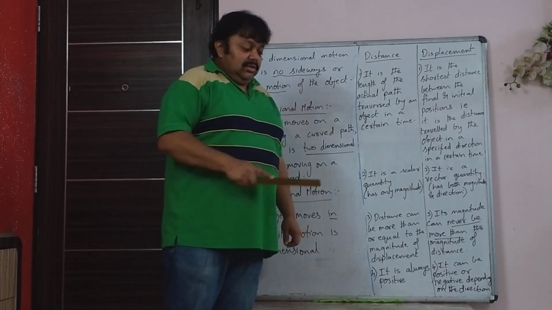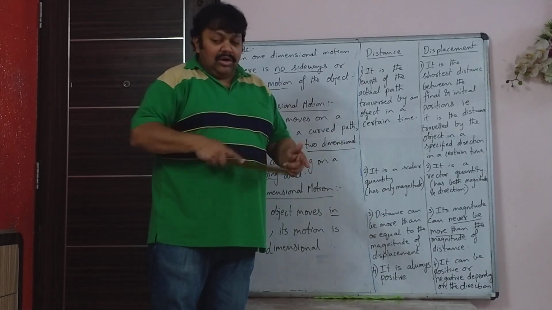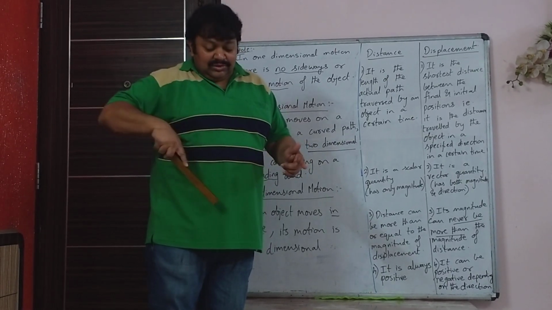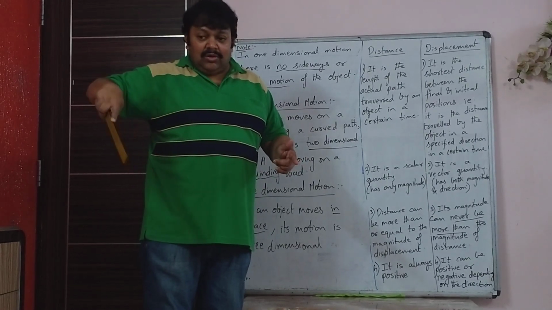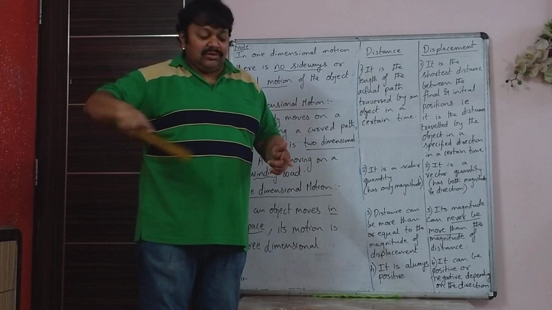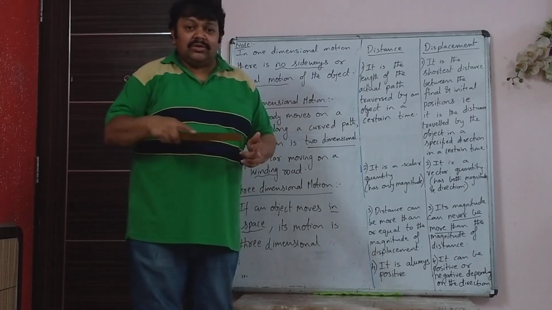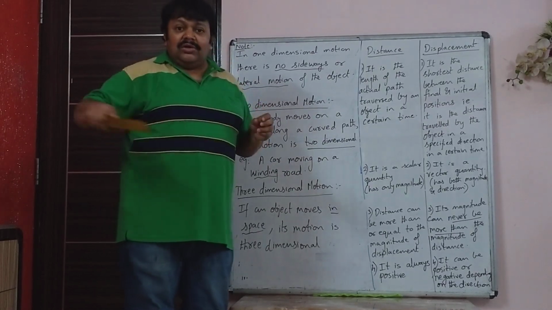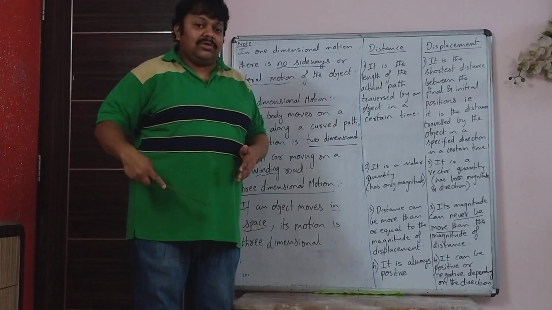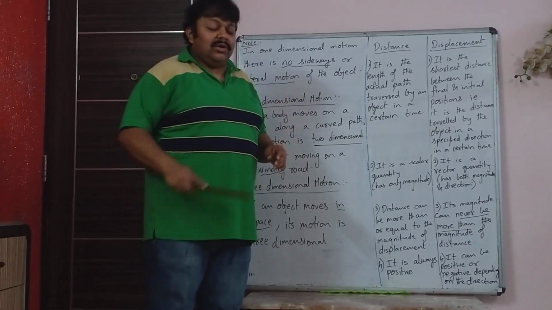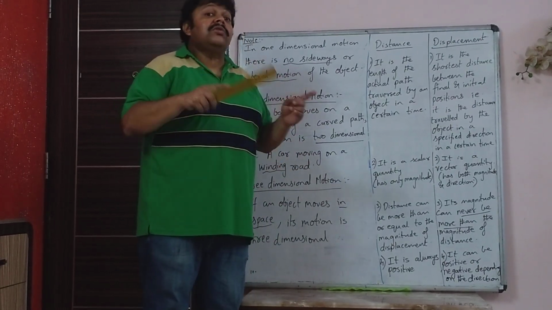But you have actually gone from A to B, from your house to your friend's house. The distance you went like this zigzag, that distance moved on the road was 5 kilometers, so that is distance. But the shortest distance between A and B may only be 3 kilometers. The road was not a straight road, it was going zigzag, so you actually went 5 kilometers. So distance covered is 5 kilometers, whereas the shortest distance between A and B, that is known as displacement,